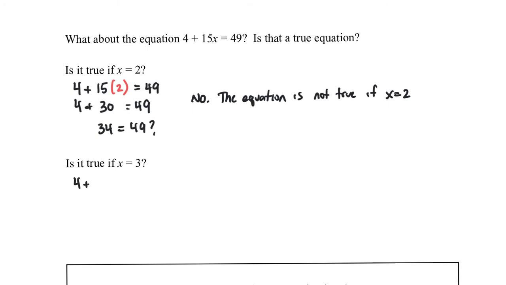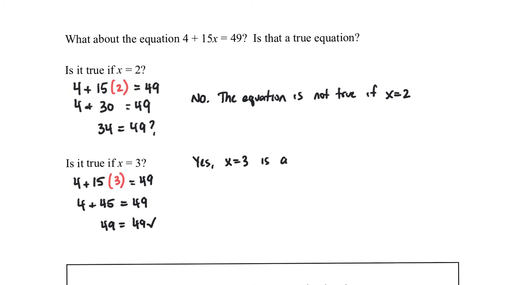All right, what about if x equals 3? Go back to the original. Let's try plugging in 3 for x. So I've got 4 plus 15 times 3 is 45. Does that equal 49? 4 plus 45 is 49. This works out. We found it. So yes, x equals 3 is a, and this is important, solution